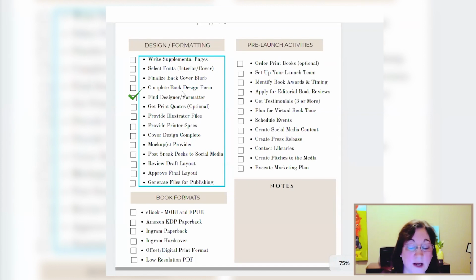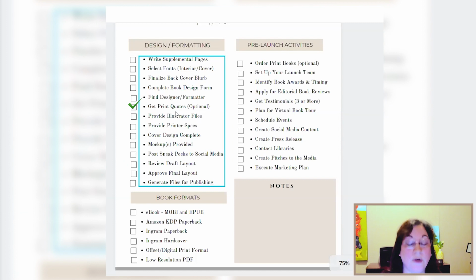Finding your graphic designer / book formatter, getting your print quotes, because if you did decide that you want to have the graphic designer put together some things for an offset printer, usually the offset printers have their own templates that they want you to follow. So the graphic designer knows what KDP needs for Amazon, and they know what the Ingram Spark side is.